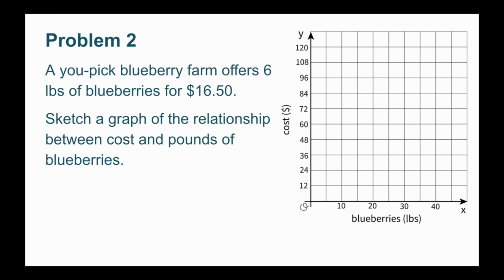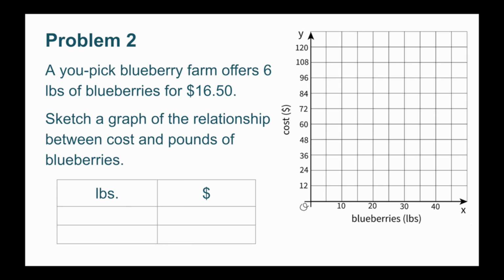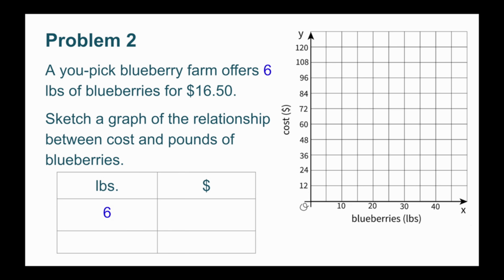Number 2. A You-Pick blueberry farm offers 6 pounds of blueberries for $16.50. Sketch a graph of the relationship between cost and pounds of blueberries. First, I'm going to build a table. I have pounds on the left and dollars on the right. They tell us that you get 6 pounds of blueberries for